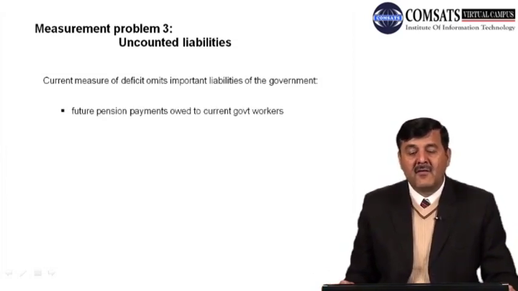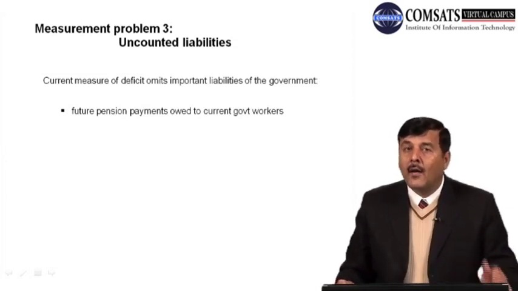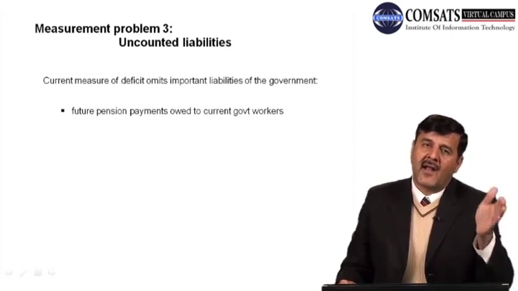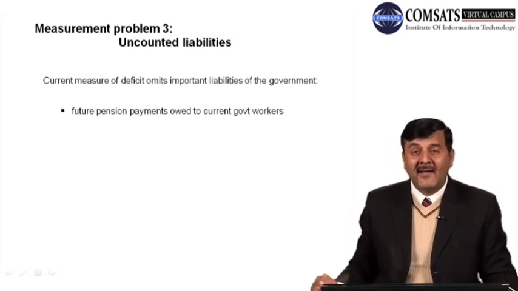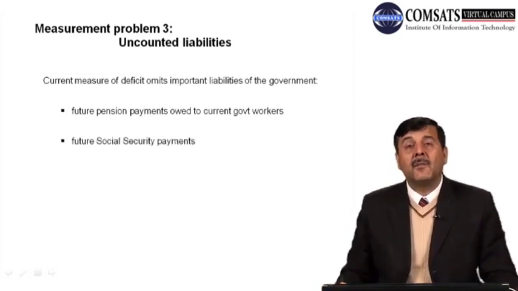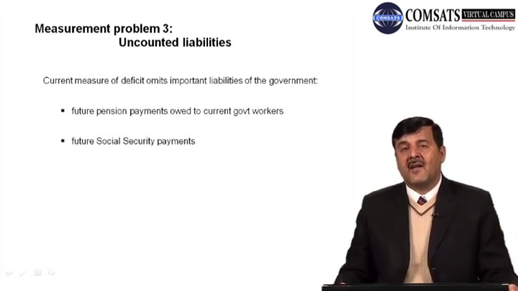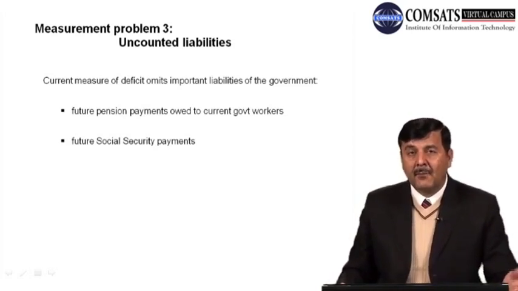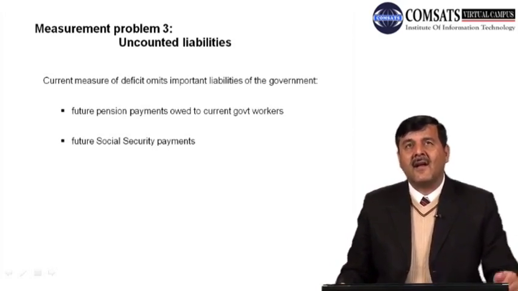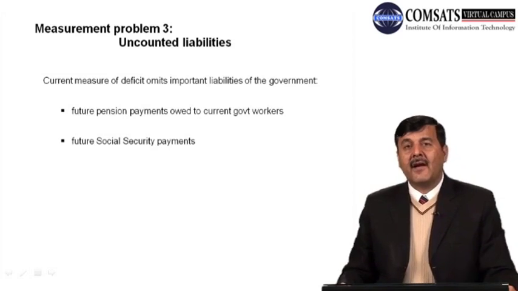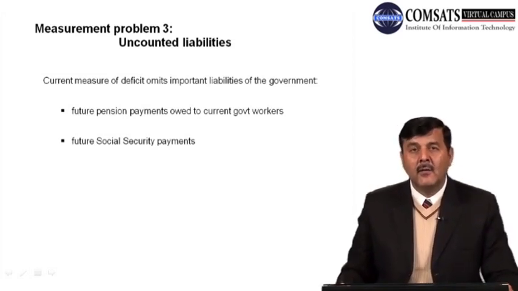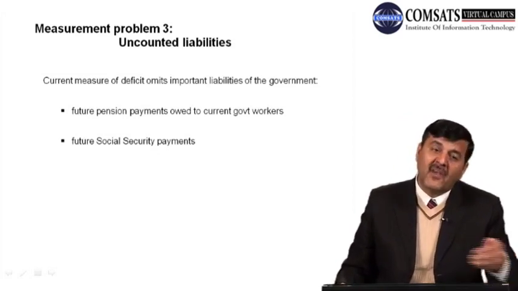What are those? For example, future pension payments to the current government workers, right? तो future में जिन लोगों को payments करनी है, पेंशन देनी है, जो currently काम कर रहे हैं, तो उसका कुछ ना कुछ पैसा government को रखना पड़ता है उस account में, उस head में, तो इसको शामिल नहीं किया जाता। This is one of the liabilities of the government. Second, future social security payments. अब future में जो social security payments करनी है आपने उन लोगों को जो उस वक्त काम नहीं कर रहे हैं, अभी तो वो काम कर रहे हैं, but you need to pay them in future when they are laid off, when they are not working, when they are retired, right, when they are unemployed. तो वो social security जो payments करनी है, that is also one of the liabilities of the government, right, that need to be counted, that need to be included while you are measuring deficit for the economy। तो उसको भी शामिल करना चाहिए।